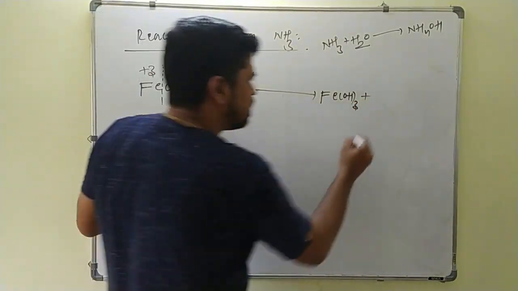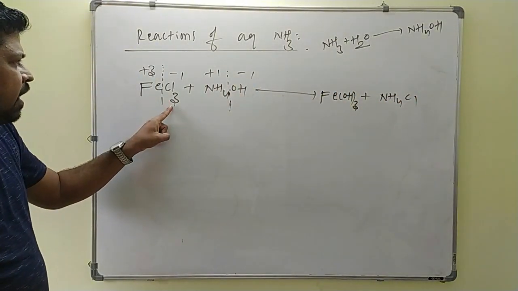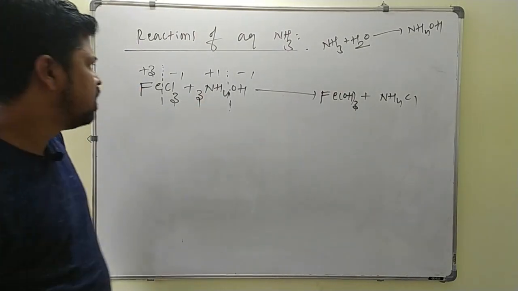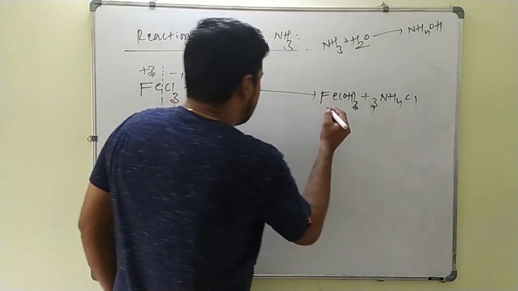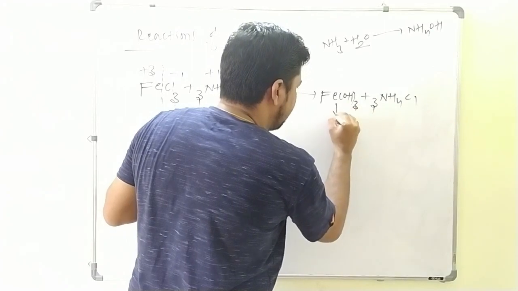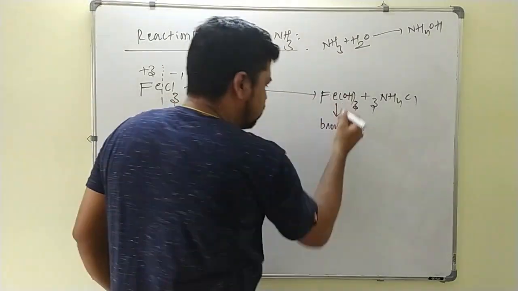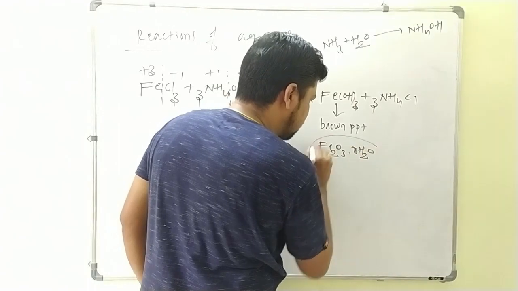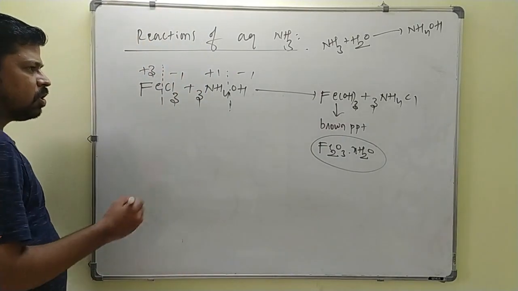Plus what will you get here? NH4 plus and Cl minus. This is NH4Cl. Here, three chlorines are there and only one ammonium ion, so it is multiplied by 3. You will get 3 times ammonium chloride and 1 ferric hydroxide. So whenever aqueous ammonia is treated with FeCl3, it gives a brown precipitate of ferric hydroxide. This is also written as Fe2O3 with x times water. This is also nothing but a brown precipitate. In some books they will give it like this. Okay, there is a formation of a brown precipitate.